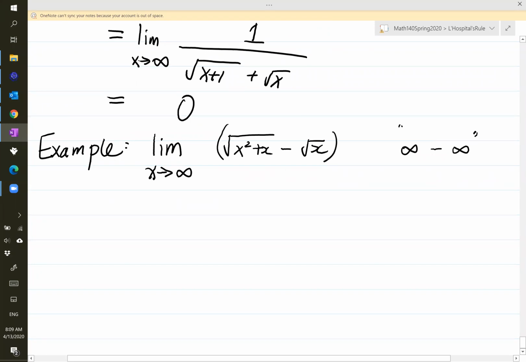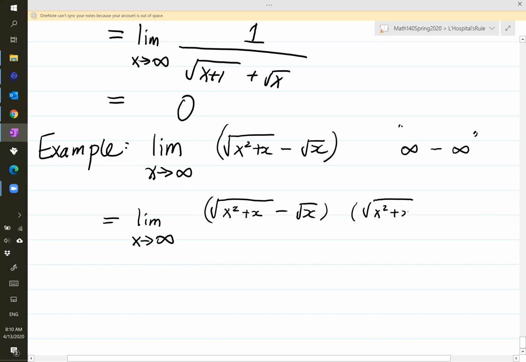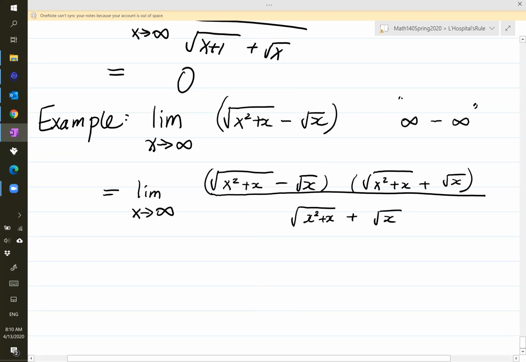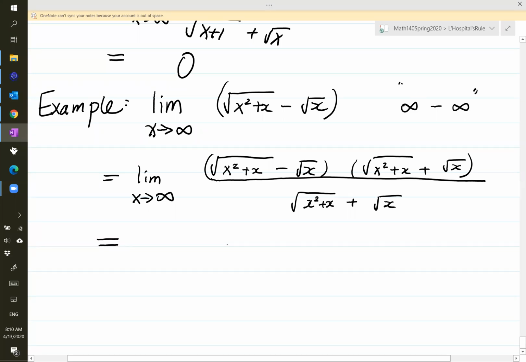So for this example, we try to make it a fraction by multiplying by the conjugate. The conjugate will be plus square root of x squared. When we multiply, we also need to divide so that we do not change the value. So essentially we just multiply by 1. Then we use the difference of two perfect squares formula. So we get square root of x squared plus x, squared, minus square root of x squared, squared, divided by